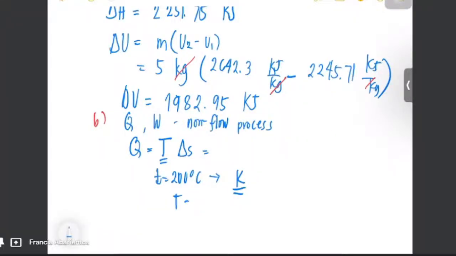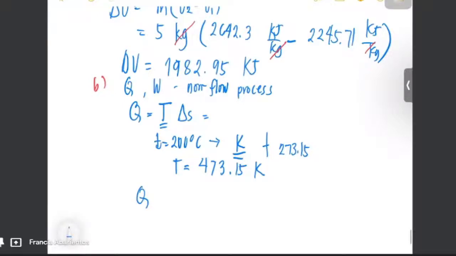So the temperature now is equal to, what will you do? Yes, you just need to add 273.15. So the temperature is 473.15 Kelvin. So the Q is equal to 473.15 Kelvin. Since nakuha na natin yung change in S, the T times the change in entropy, here class sa taas, this